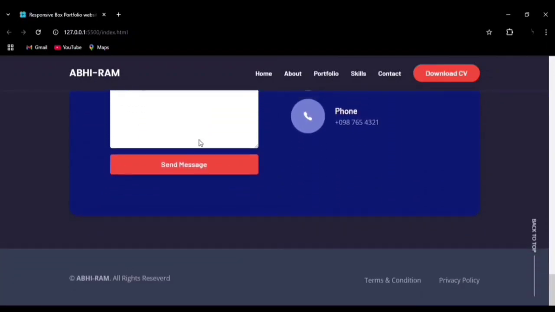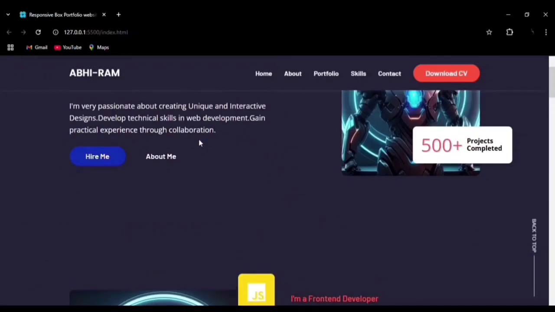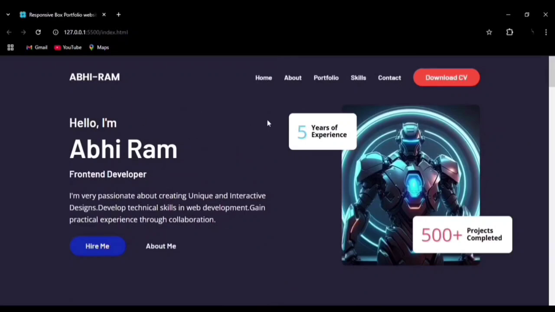So now let's go through each and every slide. Right now we are in the home section, the navbar section. You can see the hover effect on the nav links, skills, contact and download CV button. Then you can see the text, and you can see the space between each and how they are aligned perfectly,